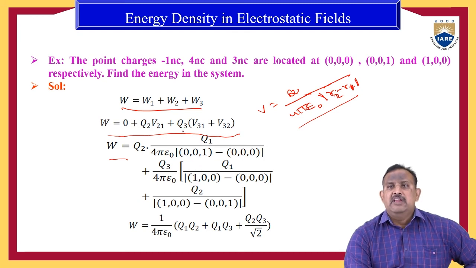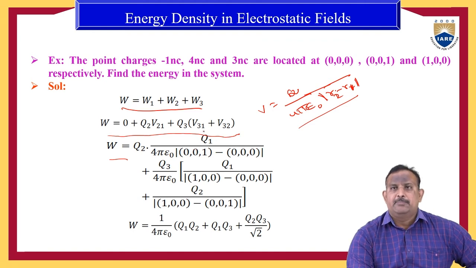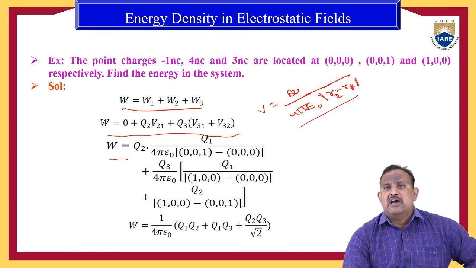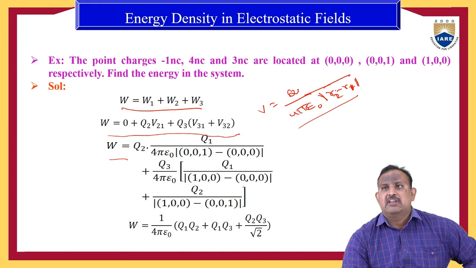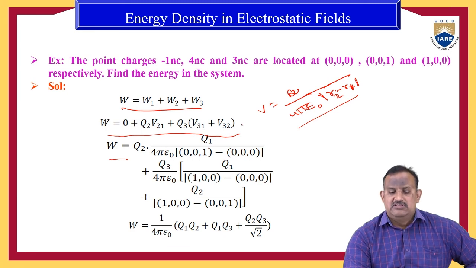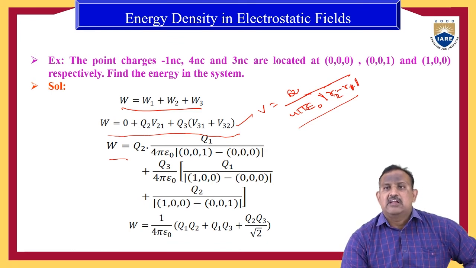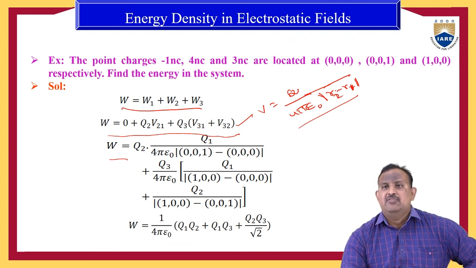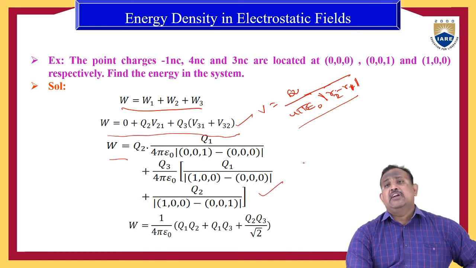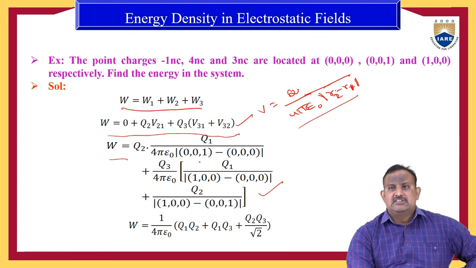So it is Q3 by 4 pi epsilon naught, and V31 is the potential at point 3 due to the charge Q1. Therefore, it is Q1 by R3 minus R1, where R3 is 1, 0, 0 minus R1 is 0, 0, 0, plus V32, the potential at point 3 due to the charge Q2. Therefore, Q2 by R3 minus R2, where R3 is 1, 0, 0 minus R2 is 0, 0, 1. And if you find out the distances, here the first distance is